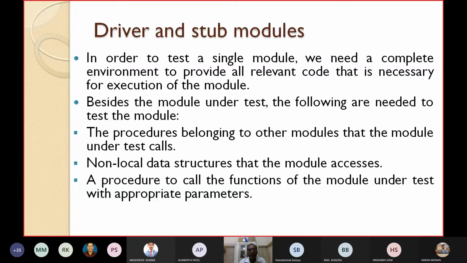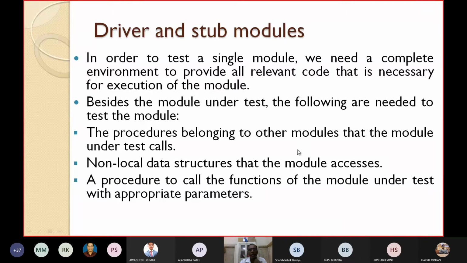Besides the module under test, the following are needed to test the module. When module A is calling two modules and I want to test module A, these two modules B and C also have to be made ready so that the testing can be done. Number one, the procedures belonging to other modules that the module under test calls.